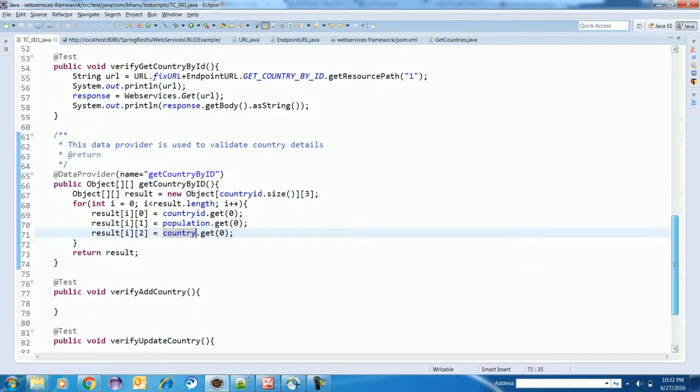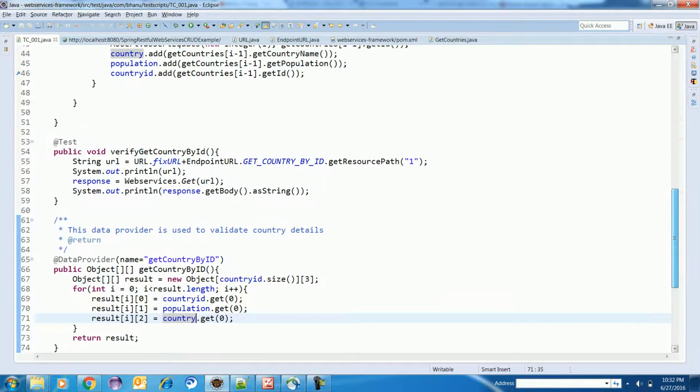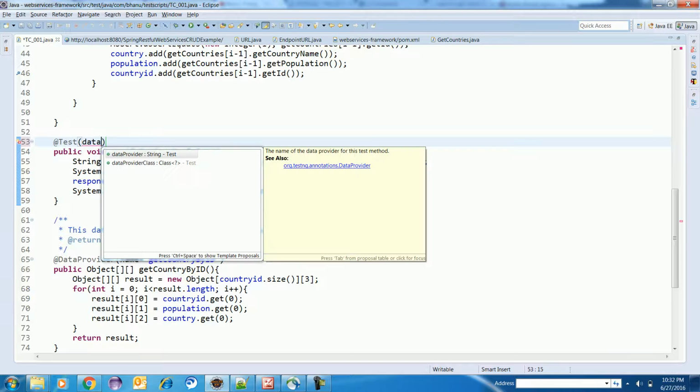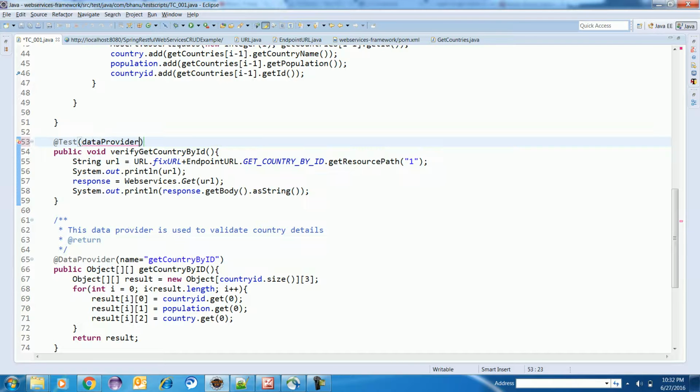And this I am preparing a data provider for that. So here in the test I can write dataProvider is equal to, I can give here the data provider name getCountryByID.